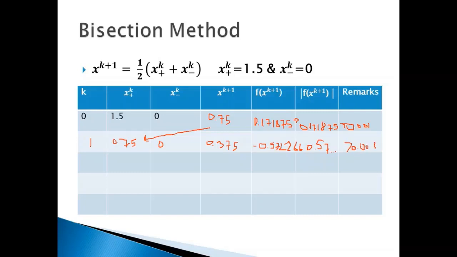So, therefore, another iteration. But here, of the two, which one gets replaced again depends on the result. At this moment, it's negative 0.5722, so that is less than 0. Therefore, your x negative here will be replaced by x_{k+1}. So, we put it here. So, we have